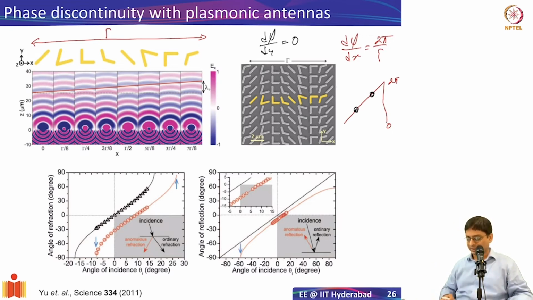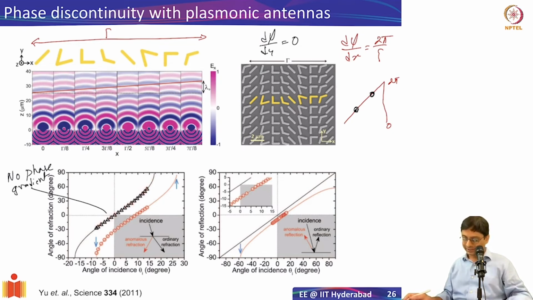You see the results in the bottom. This is the angle of incidence, and this is the angle of refraction. For a particular angle of incidence, you see a particular angle of refraction. This particular thing is with no phase gradient, the traditional Snell's law. So the angle of refraction is dependent on the sine of the incidence angle, which you can calculate. The solid line is, I think, the theoretical expression, with some measurements without phase gradient. It's Snell's law, that's it.